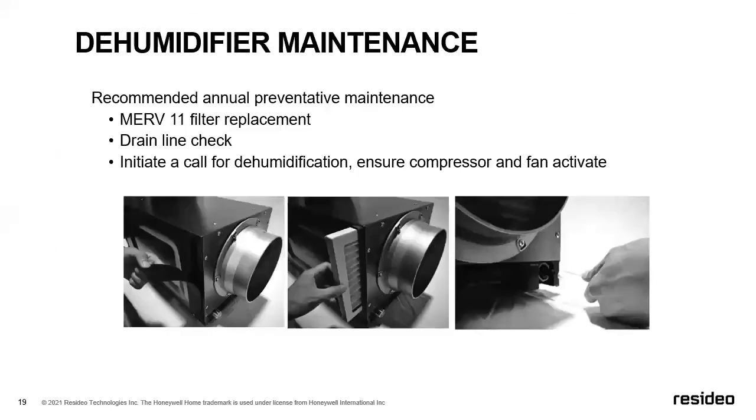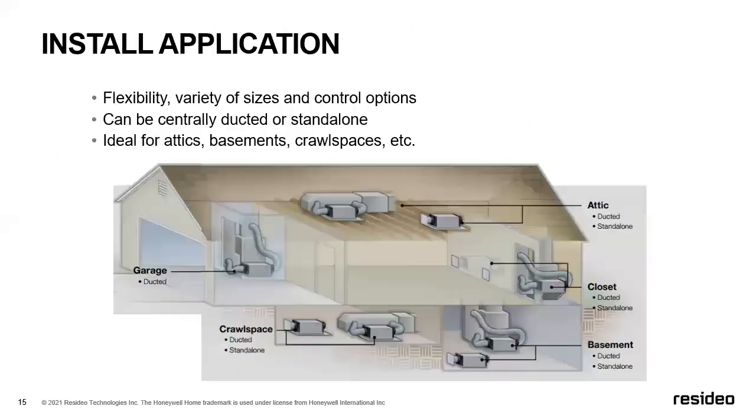Yeah, so from a crawl space, I'll jump back up here. Really, if you look here on the application down at the bottom for a crawl space standalone, typically what we would see on the crawl space would be a non-ducted DR65. It would be on some center block, some type of a platform underneath, elevated enough where you could get the drain line out from under the crawl space. But most of our crawl spaces would be just a standalone kind of